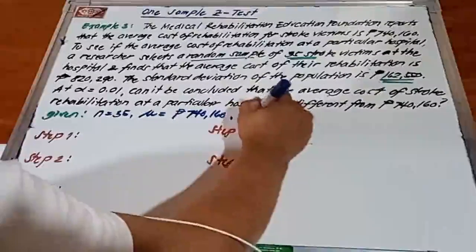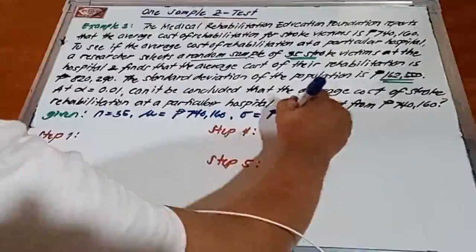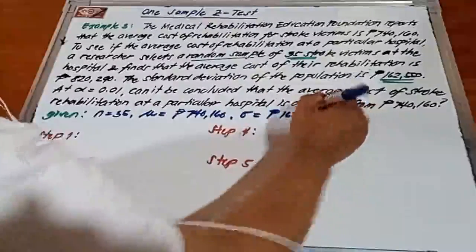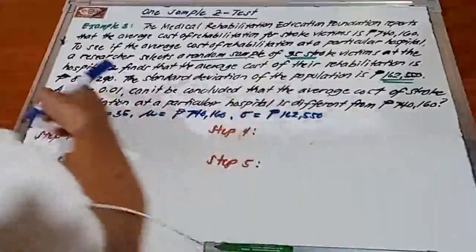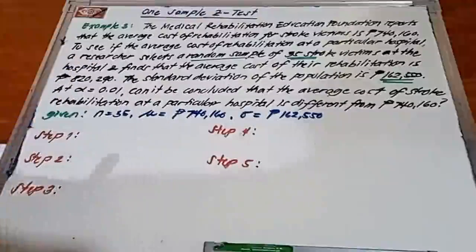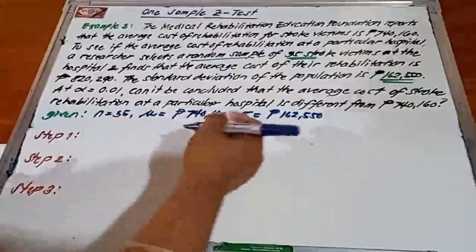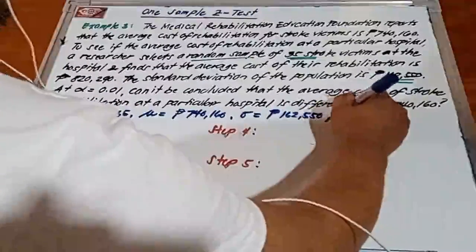And then the population standard deviation of 162,550 pesos. And then our alpha, by the way, nag-sampling siya, lumabas ang sample mean of the average cost of the rehabilitation at that particular hospital is